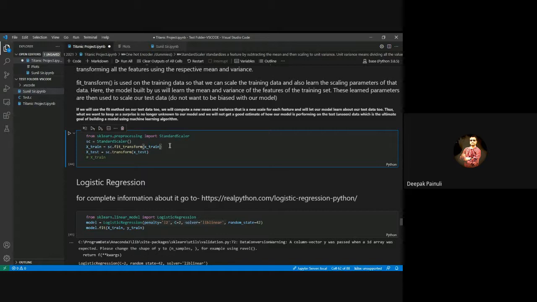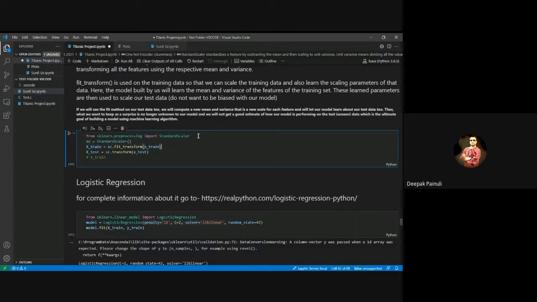We want the mean and variance of the train set to be used to transform the data of the test set, right? Okay, so let's see here.